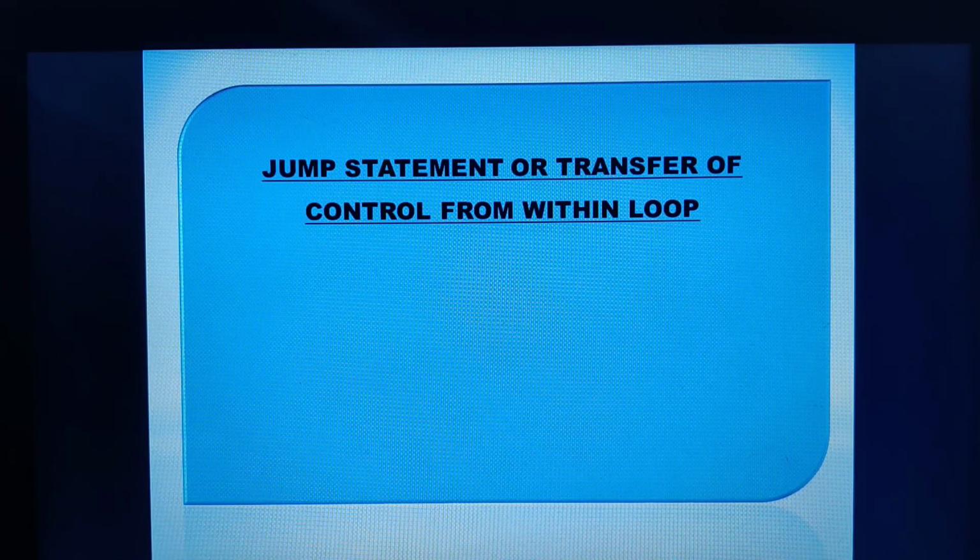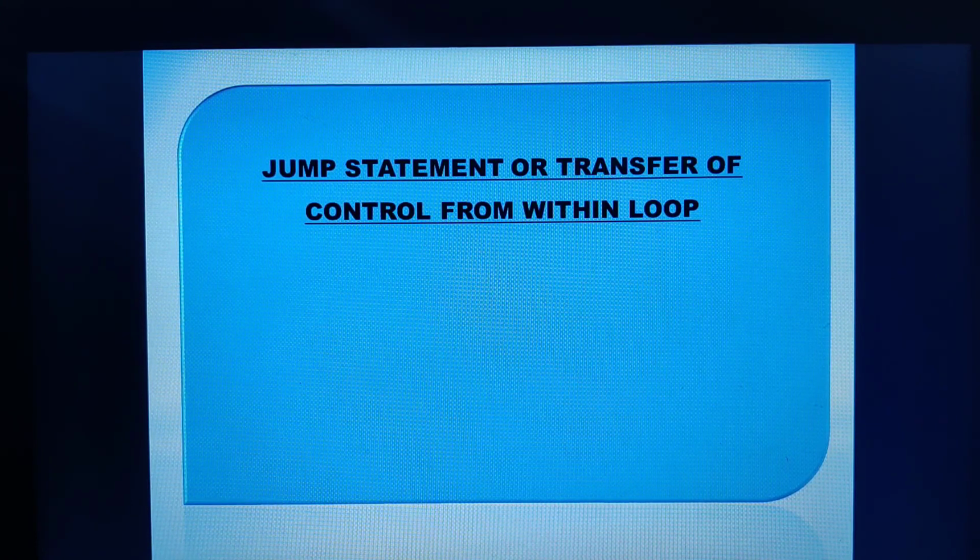Now we are going to study the jump statement or the transfer of control. Sometimes it so happens that when you are executing the program, your program demands to abruptly terminate the program, or abruptly come out of the loop, or it wants to make a jump from one statement to another, or skip a certain part of the statements and the control has to go to some next statement.